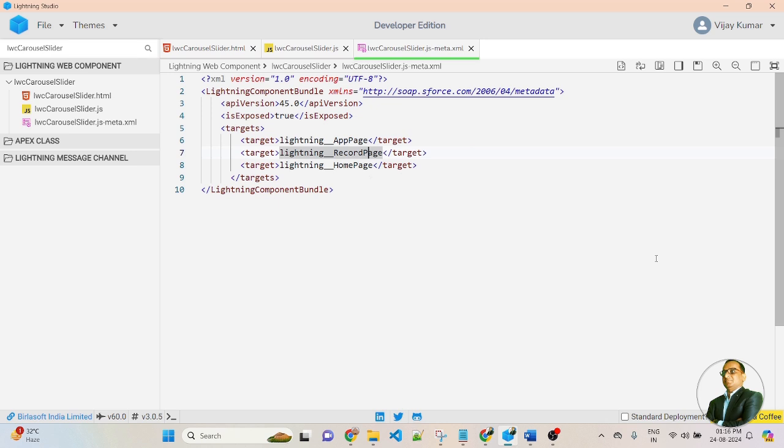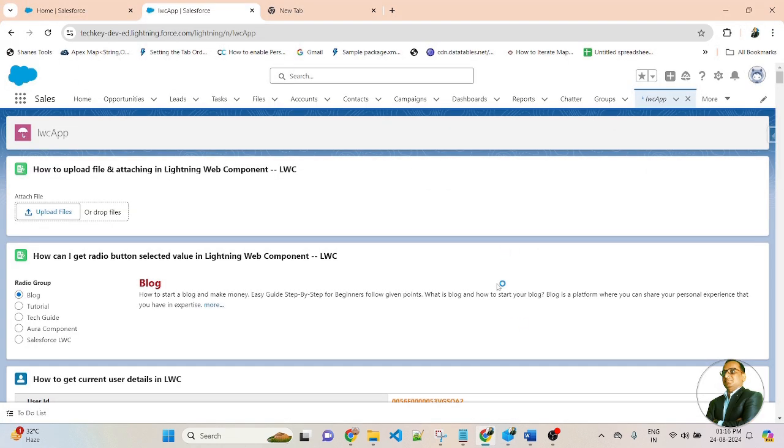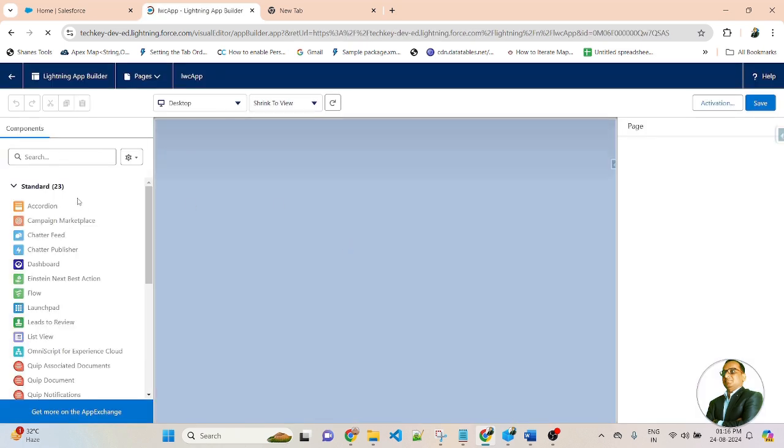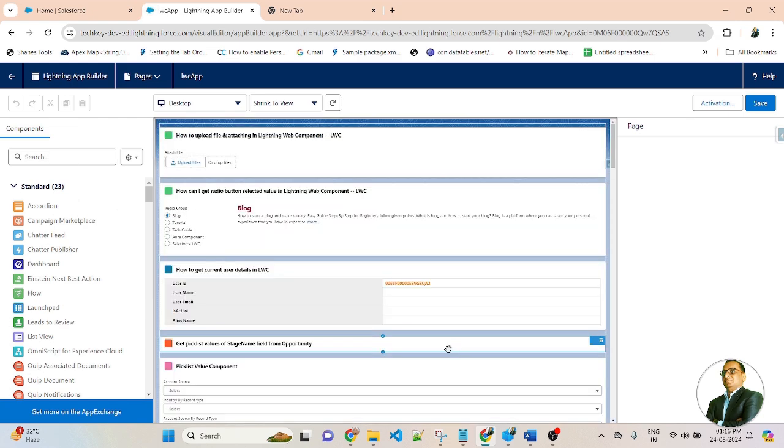So friends, now let me move on to Salesforce, where we will call my LWC component. Friends, this is my Salesforce credential. First let me go to the gear icon and edit the page. Once I edit the page, here I will call my LWC component. In the search box, I will search for my LWC component.